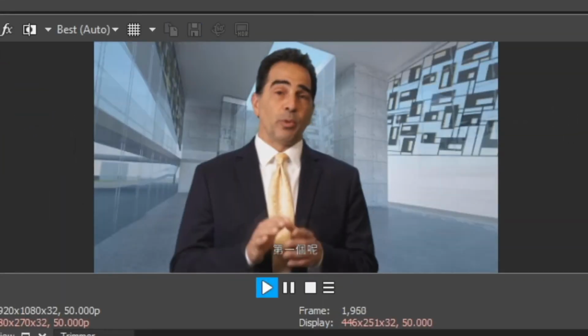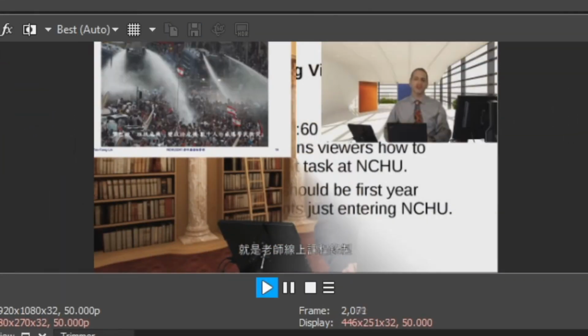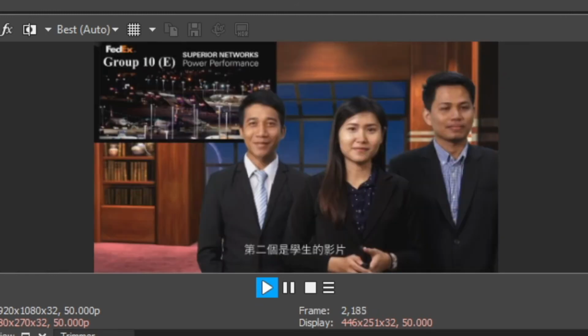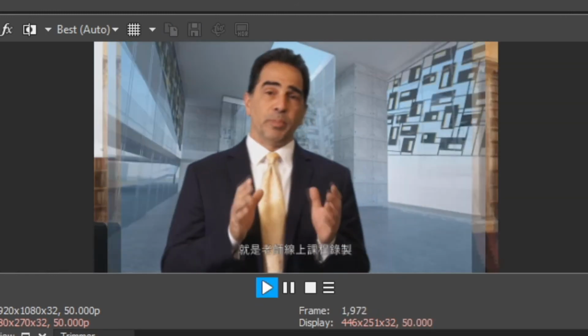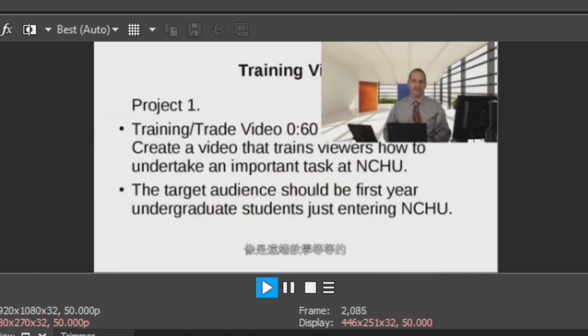And play that. See how much messier it looks? Not saying that you can't do this, but keeping your transitions simpler and consistent will look much more clean and professional.